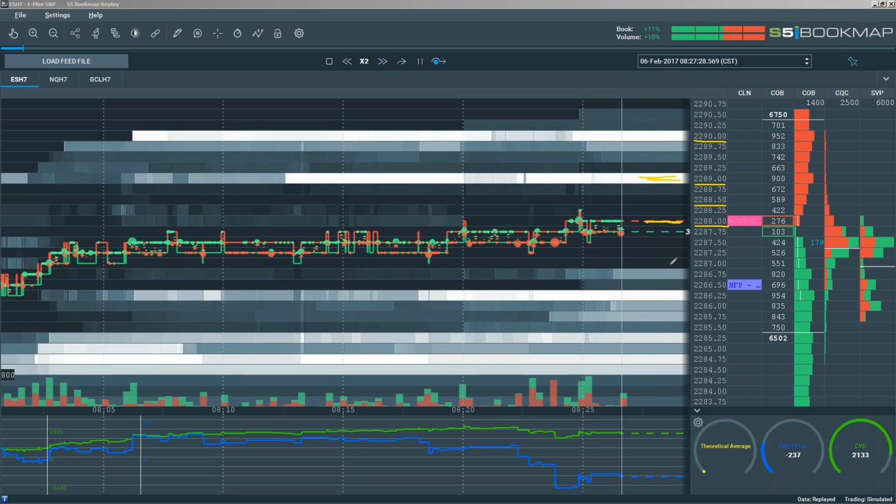However, what platforms don't do is they don't actually take into account the profits that you've made. And so if I use the platform average, it would start here, then it would go to 88.50, then it would go to 89, and so on. And as I add to the position, it'll just keep averaging whatever that is, okay? And what the theoretical average does is a lot more than that, which is